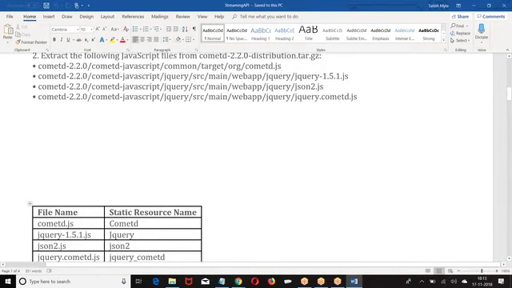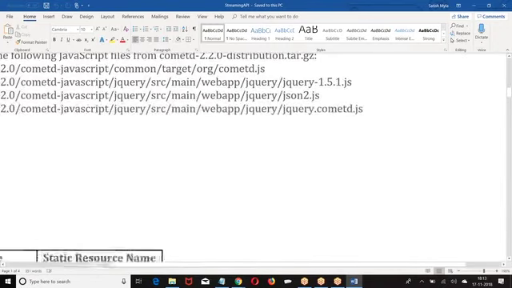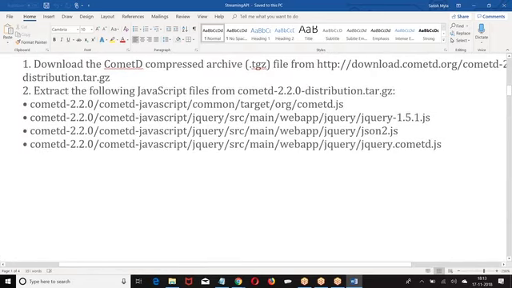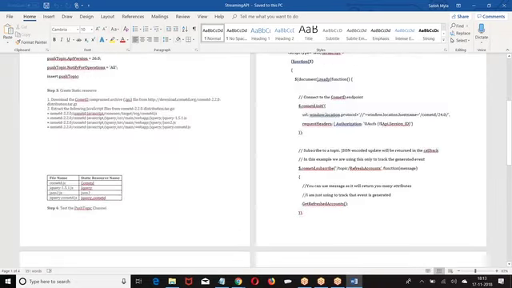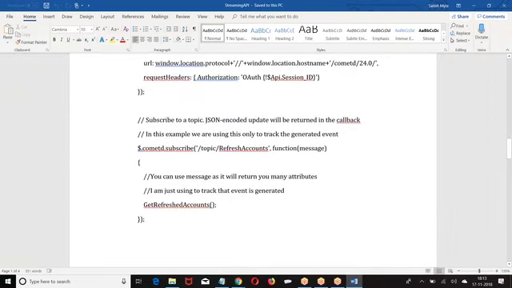So how many files did we include here? These are the files: comet D.js, jQuery 1.5.1 JS, JSON.js, these 4 files which we created as static resources.